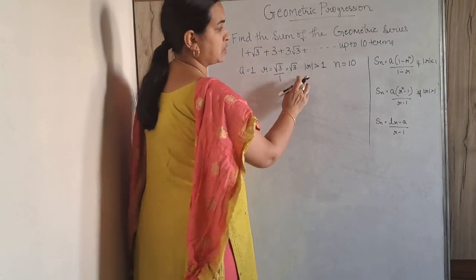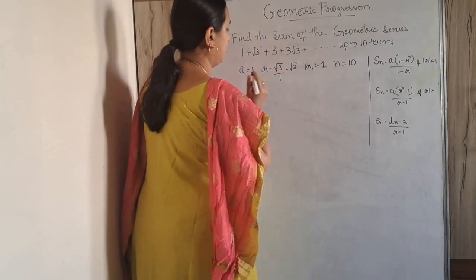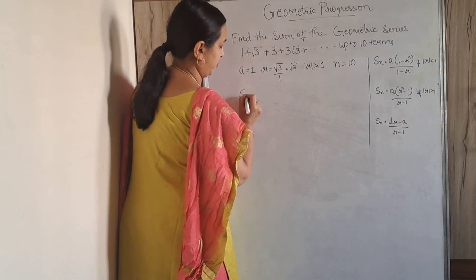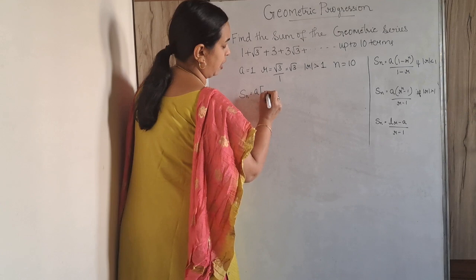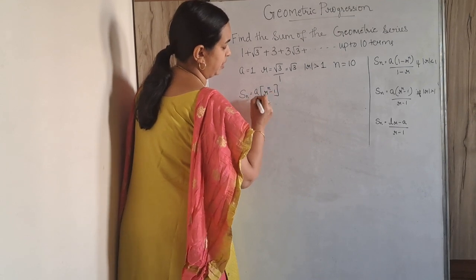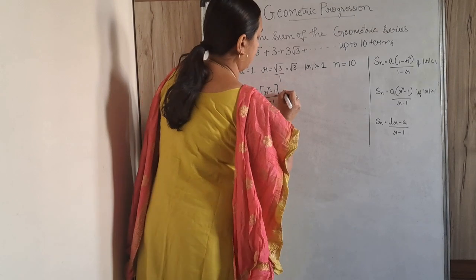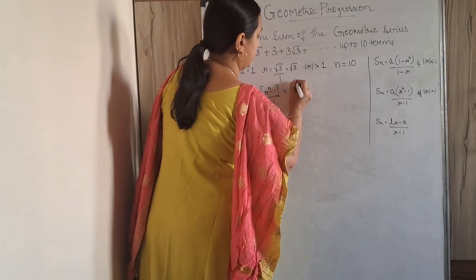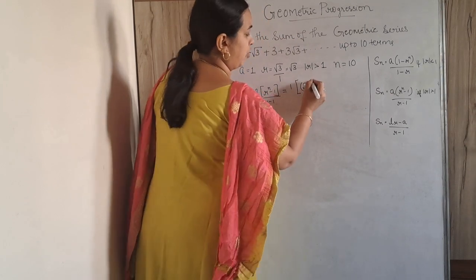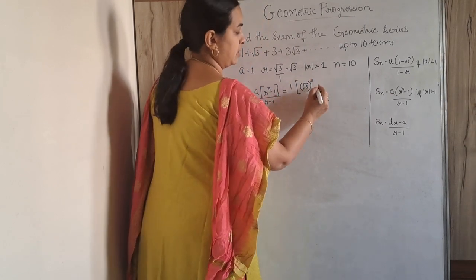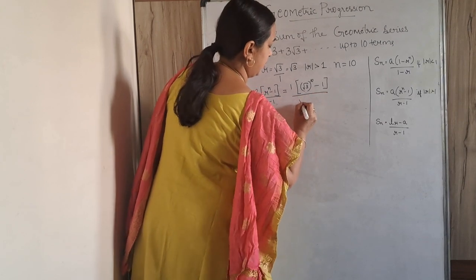Okay, so since mod r is greater than 1, we are going to use this formula. So Sn is equal to a into r to the power of n minus 1 by r minus 1. So this will be equal to 1 times root 3 to the power of 10 minus 1 by